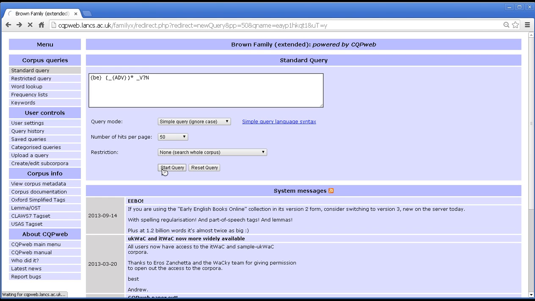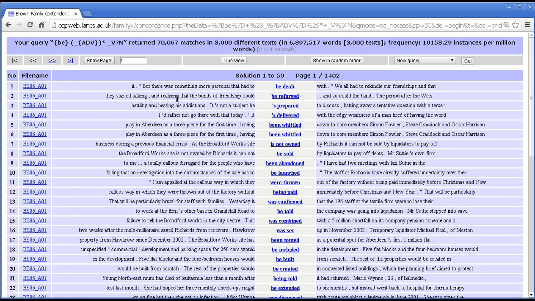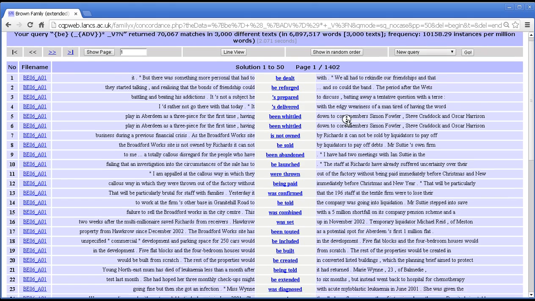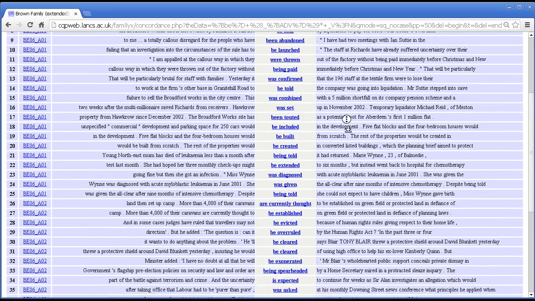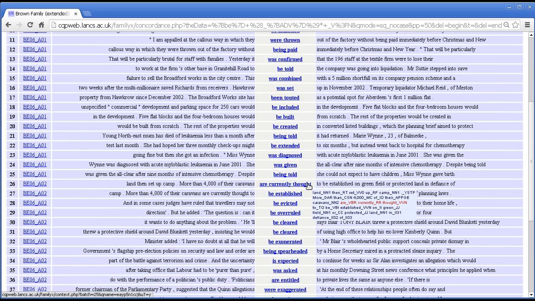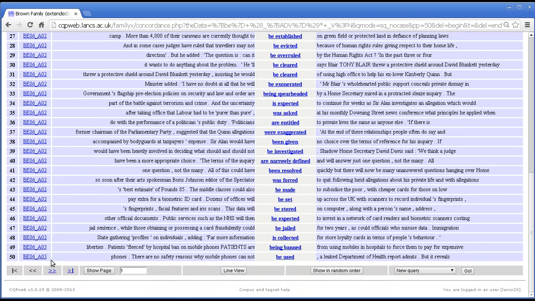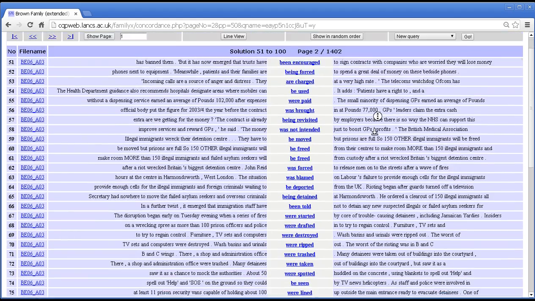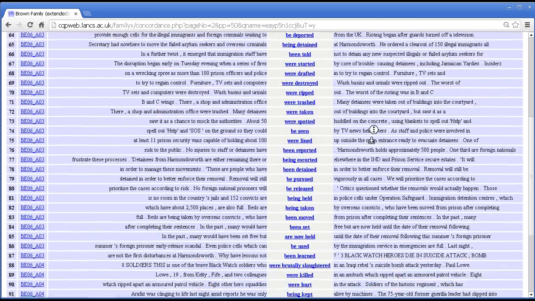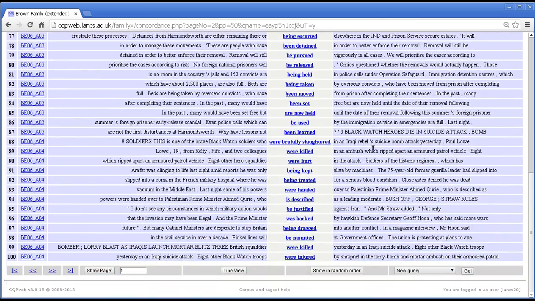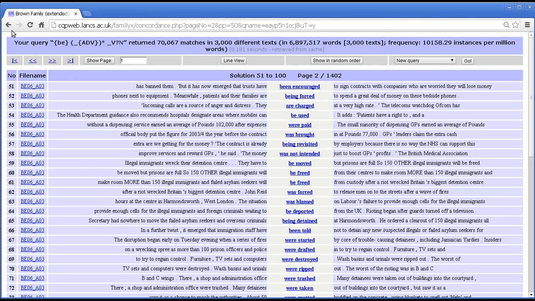We start the query. Right, so we've got, again, lots of examples of 0. There's an example of 1. Can I find an example of 2? I'm not going to go too far through the query looking for an example of 2. Okay, I can't find one quickly. However, if I go back,